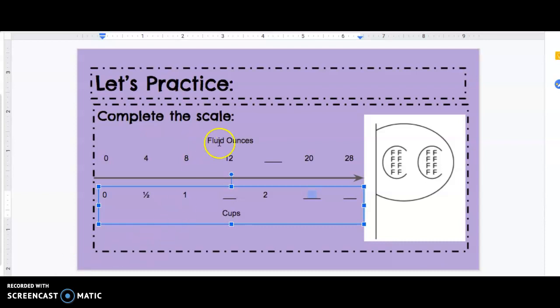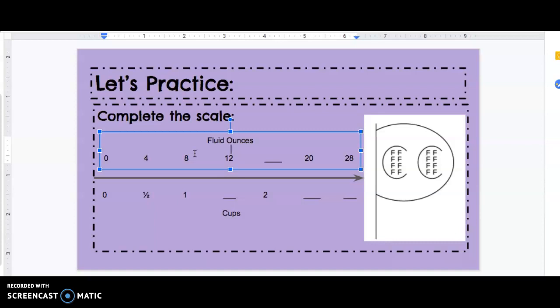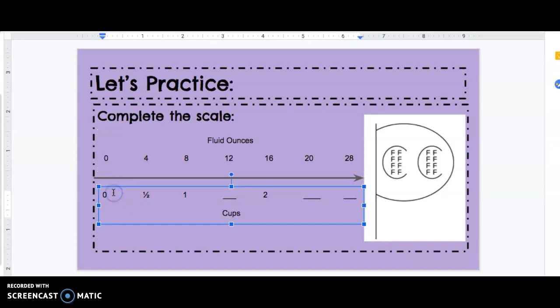Okay, so I'm noticing if I look at my fluid ounces side of my scale first, it's increasing by groups of 4. 4, 8, 12. So based on that information, I know that this point here should be 16 to make 4, 8, 12, 16, 20. Now let's move down here to my bottom part. So I'm seeing how it looks like it's increasing in increments of 1/2. So if I have a half and then I increase to 1, my next spot here would be 1 1/2, 2,